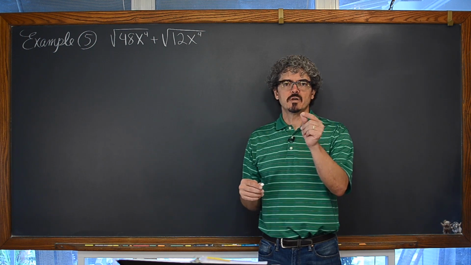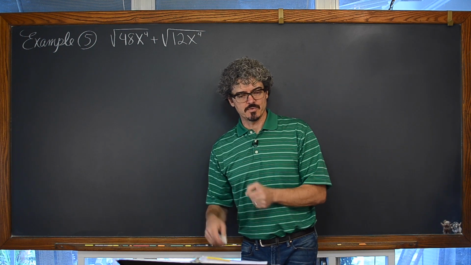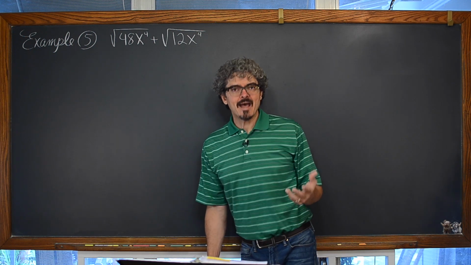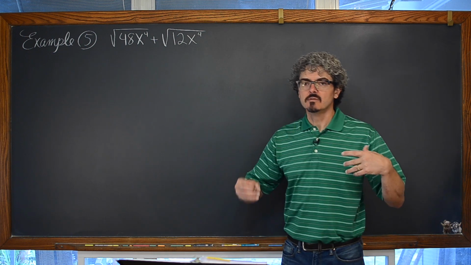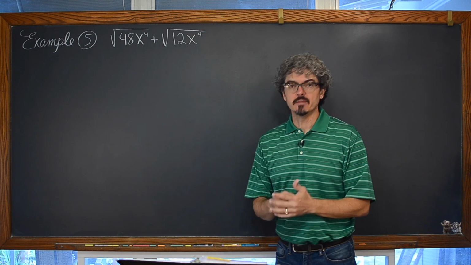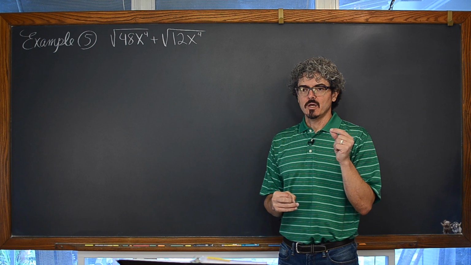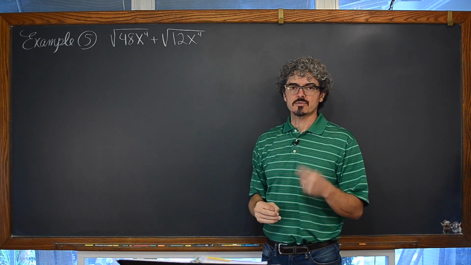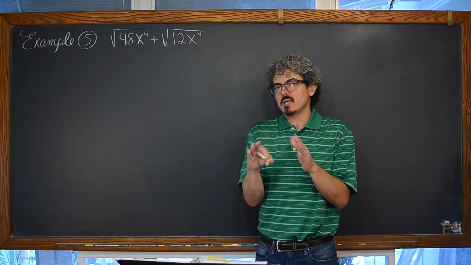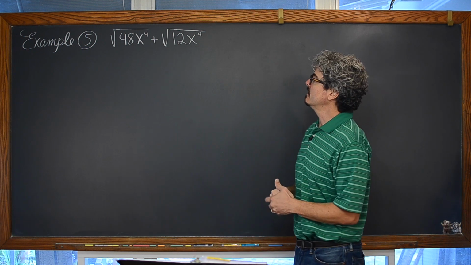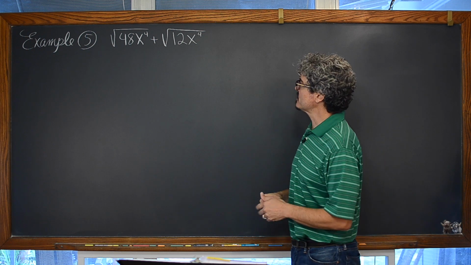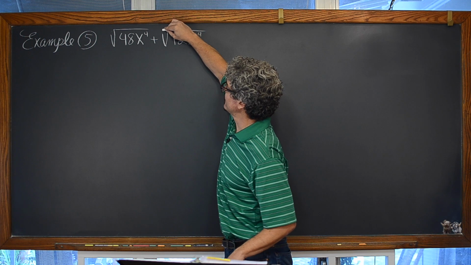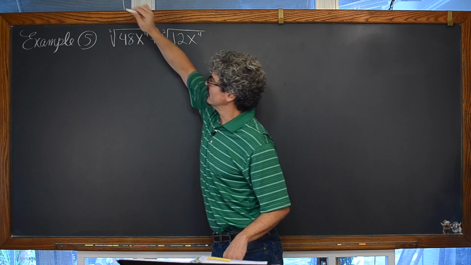The square root of a plus b is not equal to the square root of a plus the square root of b. But you can add terms which have square roots in them. You just simply have to simplify, if possible, those square roots or those radicals so that they have the same expression inside the radical or square root. And if we're talking about general radicals, the index has to be the same. These are both square roots. They both have an index of 2.